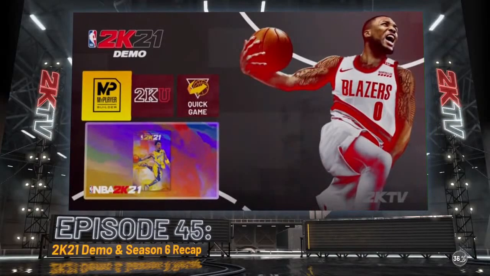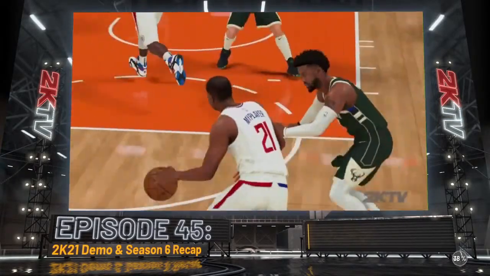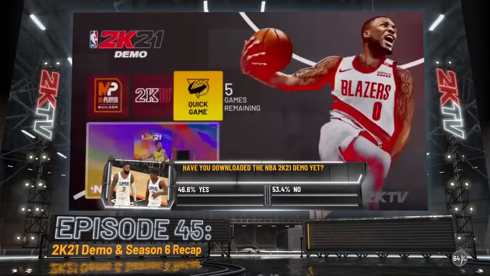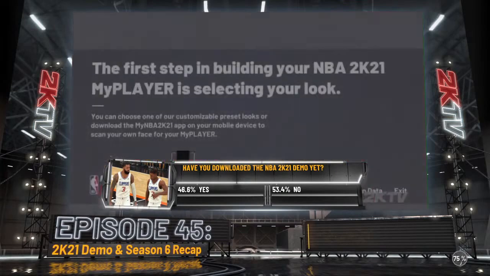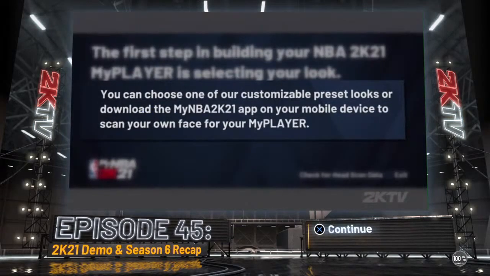NBA 2K21 demo is here. And in the demo, you can get a head start on your My Career by jumping in and trying out the My Player Builder. To start off, you have the option to download the My NBA 2K21 mobile app to